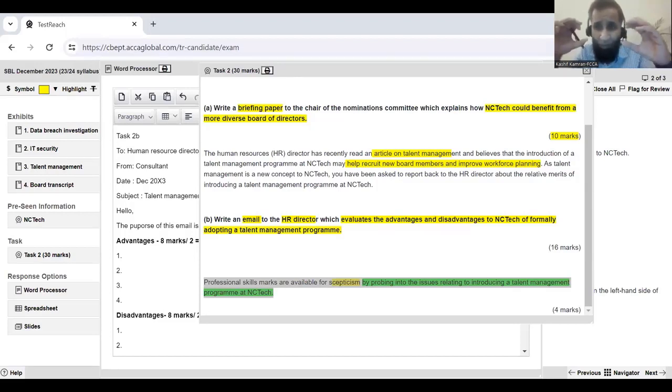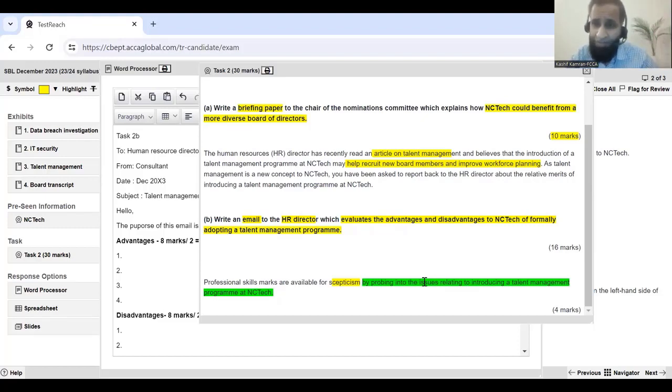So please ensure you read the statement well, because that statement would exactly tell you what you need to do. So any student who probes the issues given in Exhibit 3 in introducing a talent management program, and converts those issues into advantages or disadvantages when writing the answer. Now, some of those issues could be considered as advantages. Some of those issues could be considered as disadvantages. But if you bring them up and incorporate them in writing the advantages and disadvantages, you're fetching